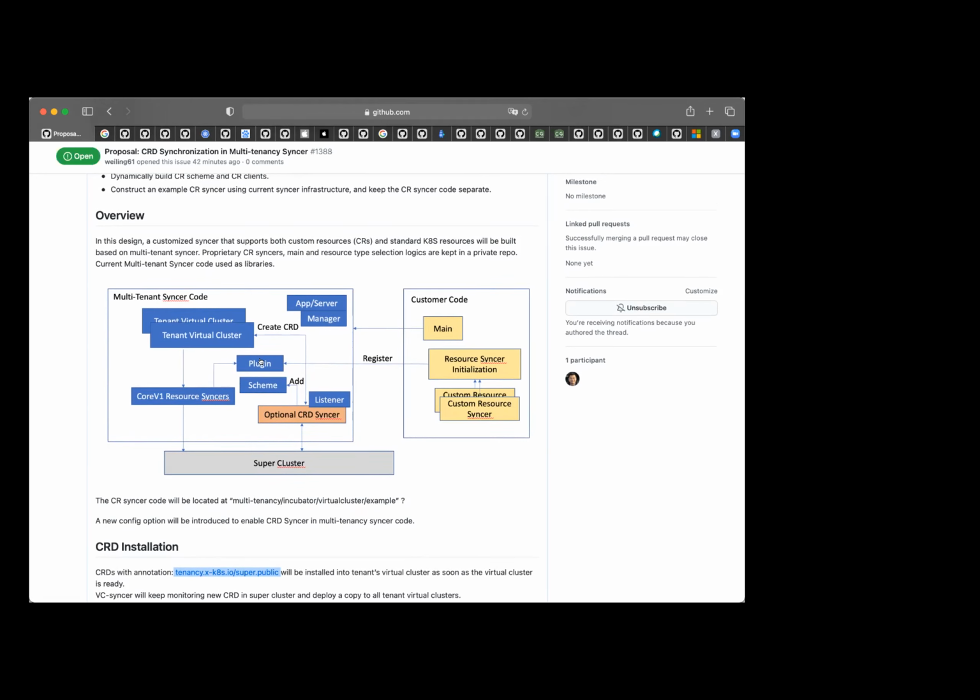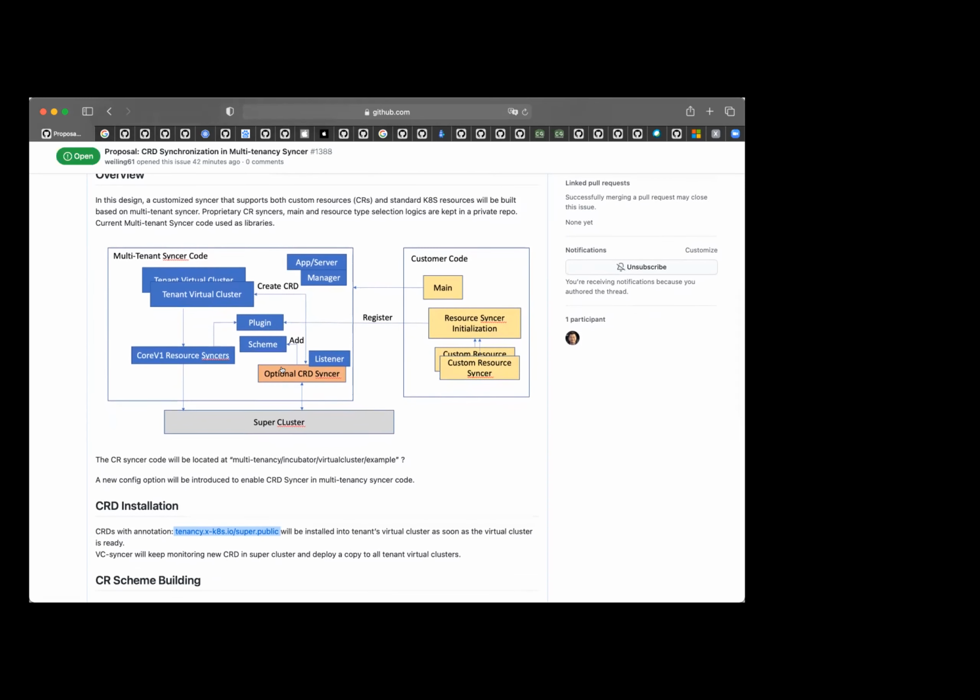According to the current code base, we need an init function to make sure the resource types we want are registered into the plugin, so that this code can start with the new resource type controllers and start to reconcile all the